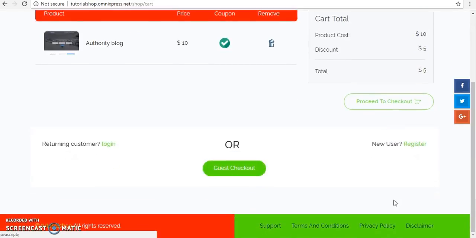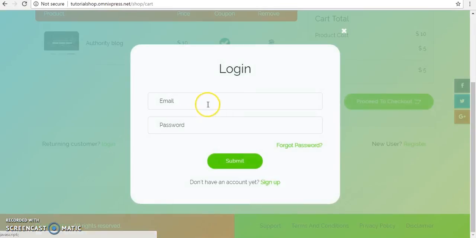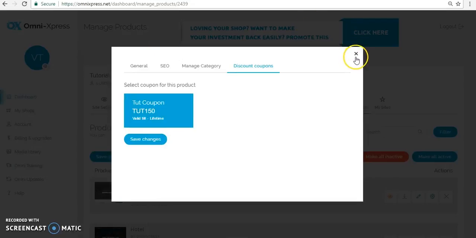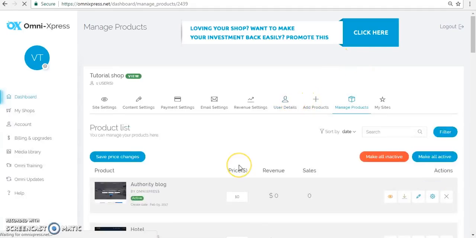Okay, proceed to checkout. When I click on that, it asks me if I am a returning customer, I should log in, or if I'm a new user, register, or guest checkout. I have created an account for that user, so I just enter the email. I can't recall the email. Let me copy that. It's in the user details page.